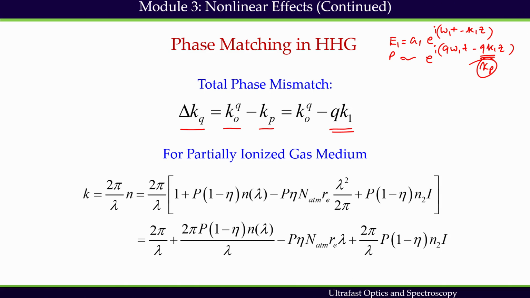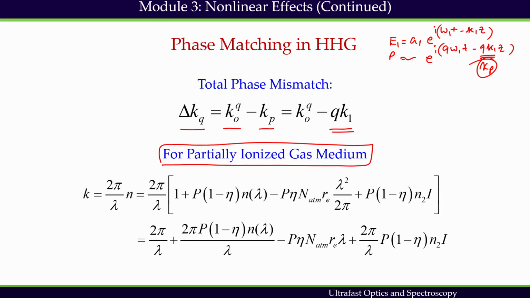So we have to understand that previously we considered the refractive index of the birefringent crystal for the second harmonic generation or third harmonic generation. But here we are not using any crystal, we are using a partially ionized gas medium. The gas medium which we are using is partially ionized, which means that we have neutral molecules, electrons, cations, all put together.